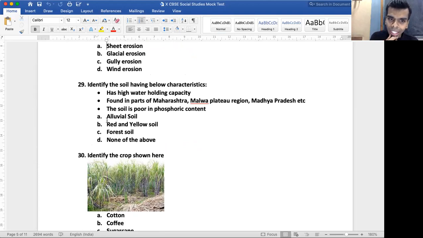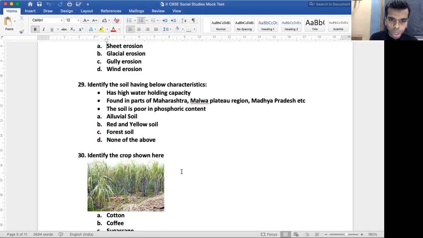Red and yellow soil भी नहीं है ये, because red and yellow soil is not found in the Malwa Plateau and Madhya Pradesh. Forest soil is not found in Madhya Pradesh, Maharashtra. The answer is: the following features are features of black soil, and since black soil is not mentioned over here, the option is none of the above. Going further,